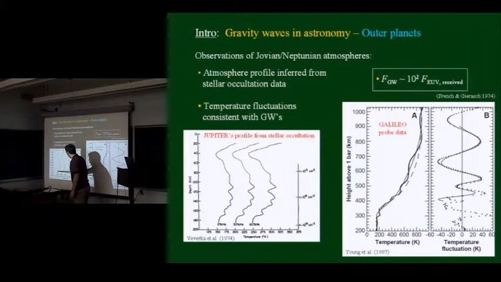The characteristic amplitude of these fluctuations is about 5 degrees Kelvin, and you can infer a wavelength associated with these, again, several tens of kilometers. From this data, and in more detail, from the Galileo probe,